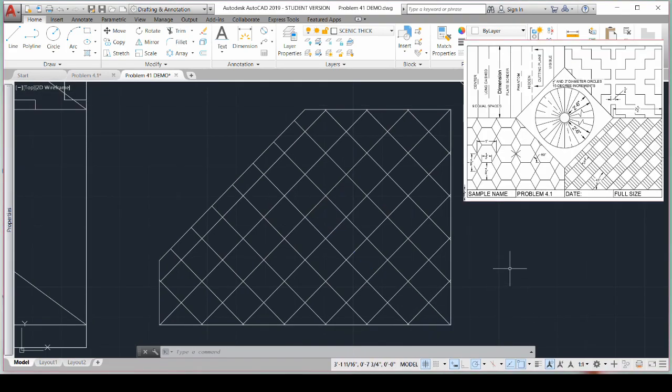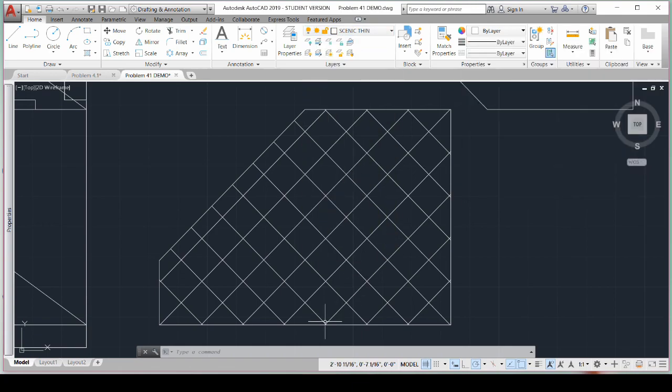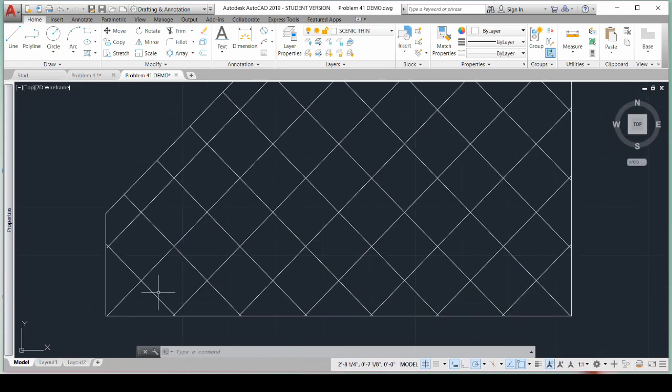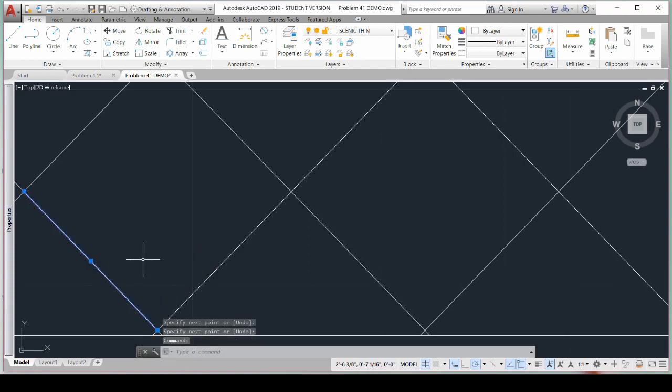Now that we've got our base pattern, we can go in and put in the little lines. And the little lines are thinner than the big lines, so I'm going to change my layer to Scenic Thin. And to do this, I'm going to start in this corner here, and I'm just going to draw a line over. I'm just tracing my line there and then completing,